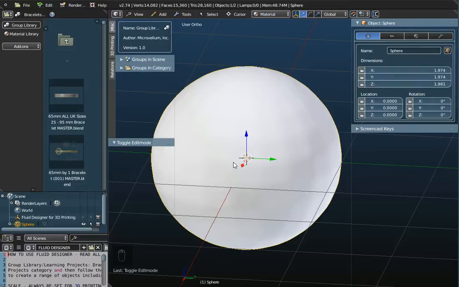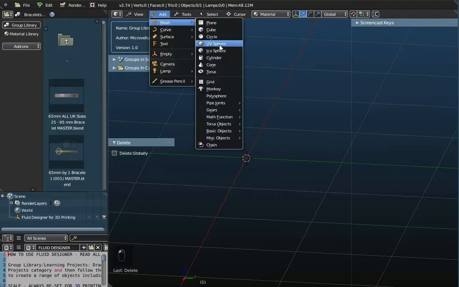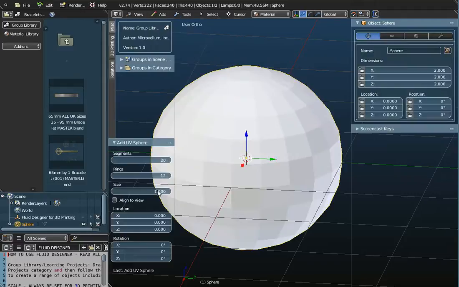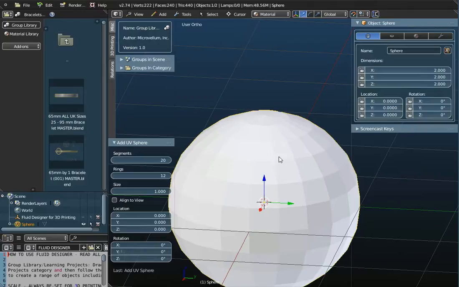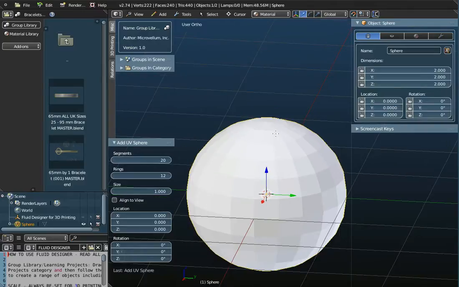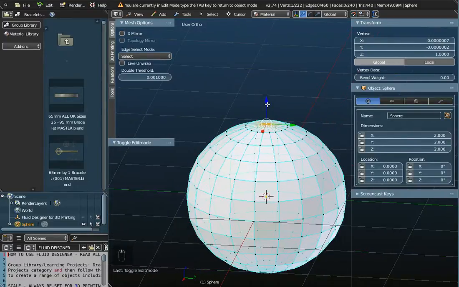Alternatively, you can go into edit mode and use subdivide and smooth. If I just delete that object, however, and add in another UV sphere, so it's still the 12 by 20, and I'm just going to change the shape of this very slightly. If I go into edit mode and select the vertices at the top and try and pull that up, it's not creating quite the shape that I want,